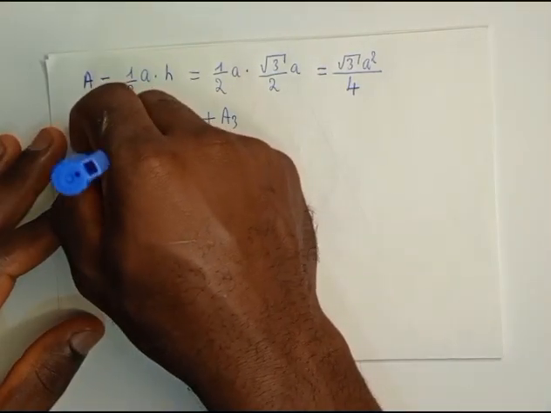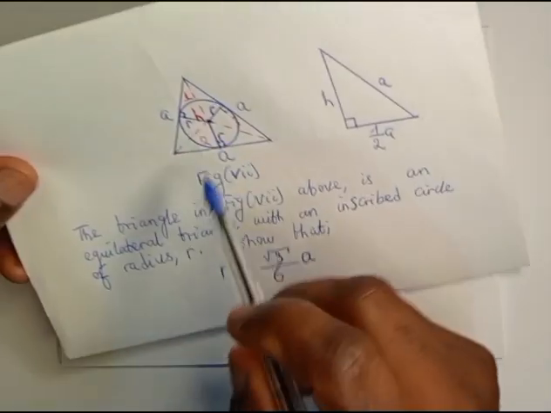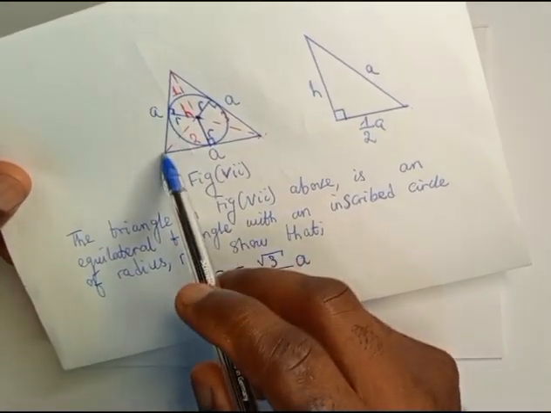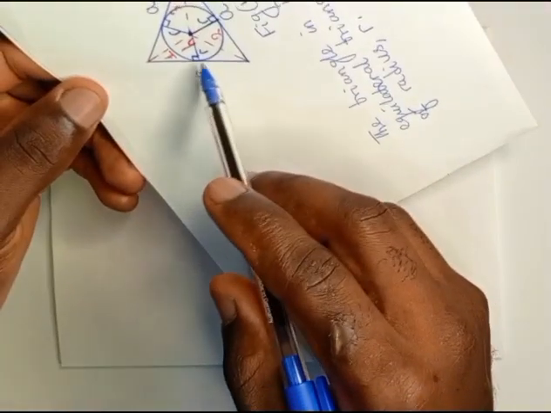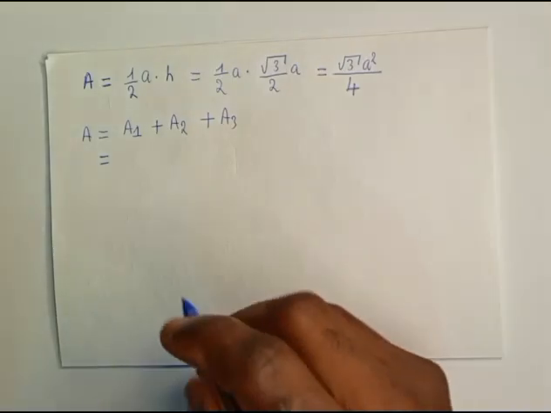The area of triangle 1 is given by this triangle. We are going to take a half base, this is the base, times the vertical height, which is r. That's the vertical height. So this will give us a half